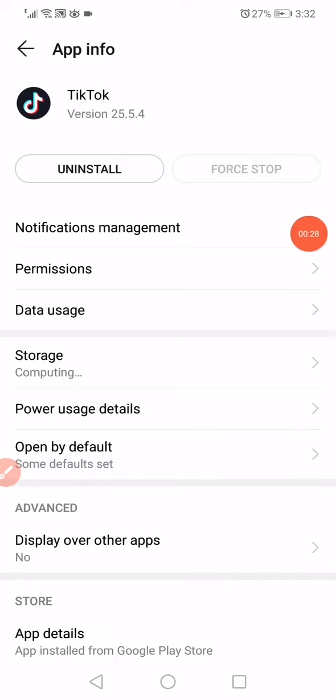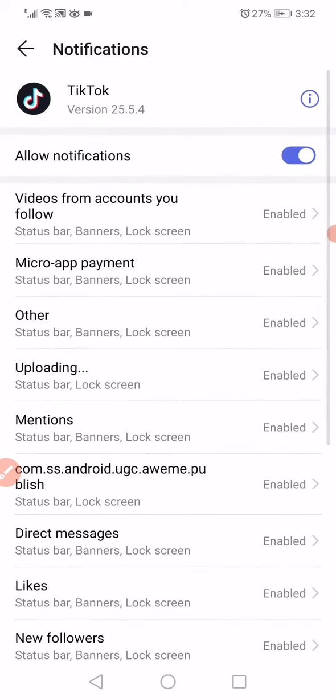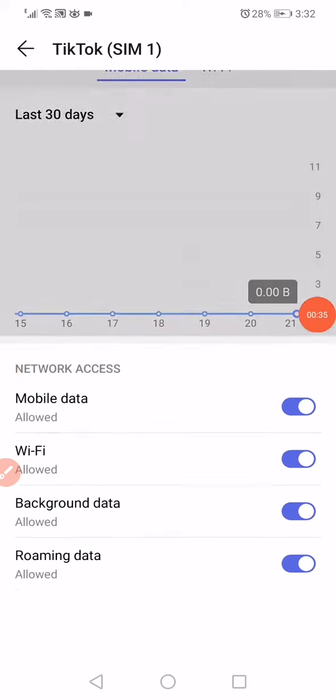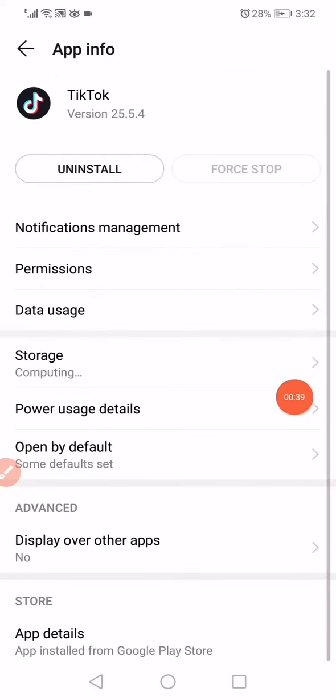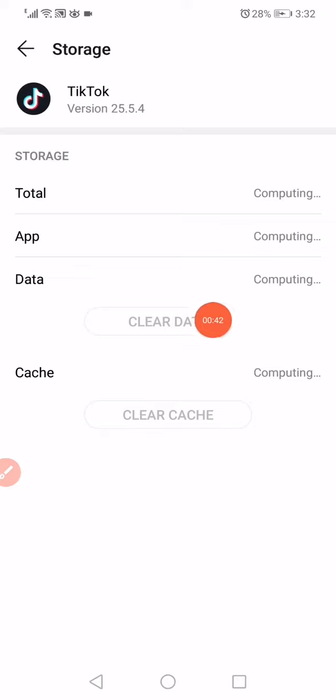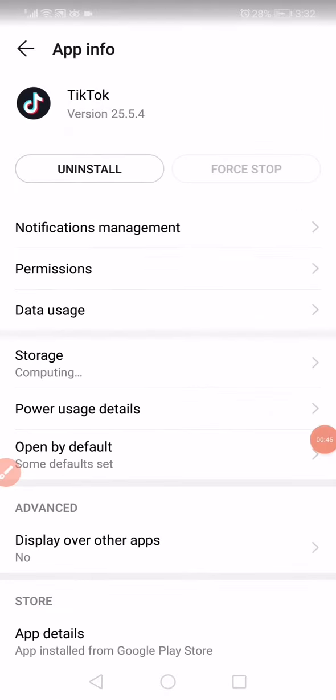and now click on the notifications management. Make sure that all the notifications are enabled. Go back, click on the data usage and do the same thing. Everything should be enabled. Go back again and click on the storage. Click on clear data, clear cache, and then you have to do one last thing, which is go to the